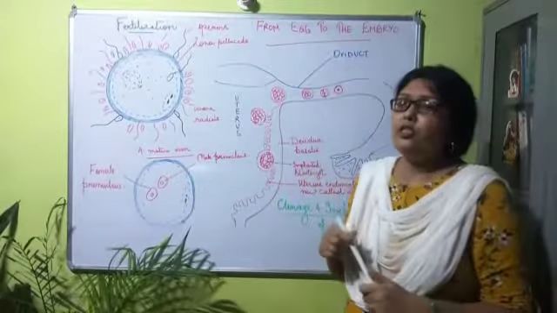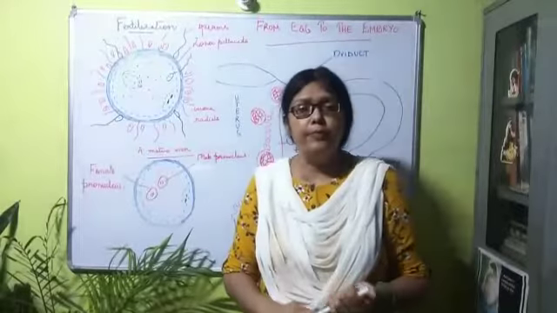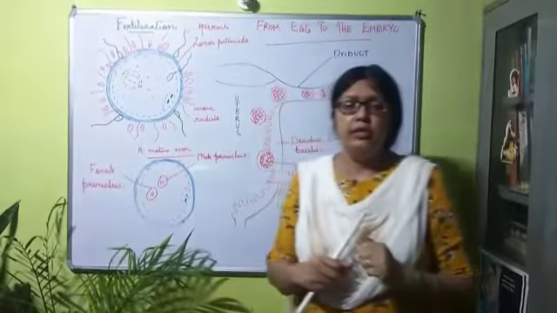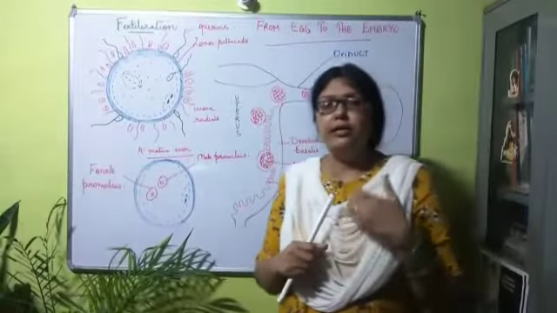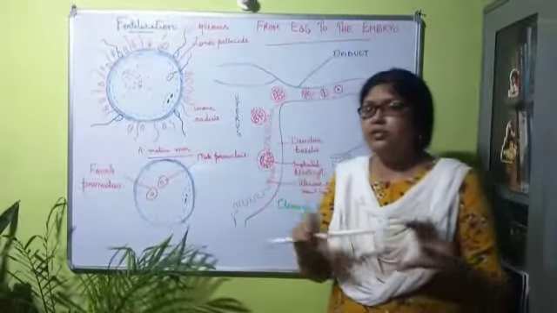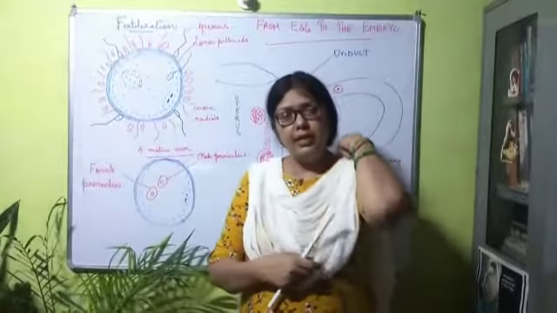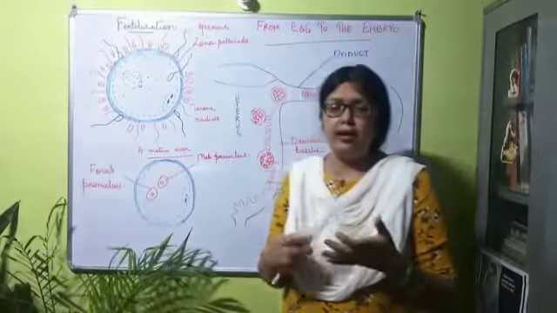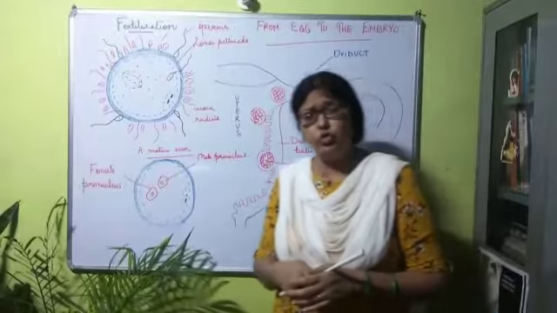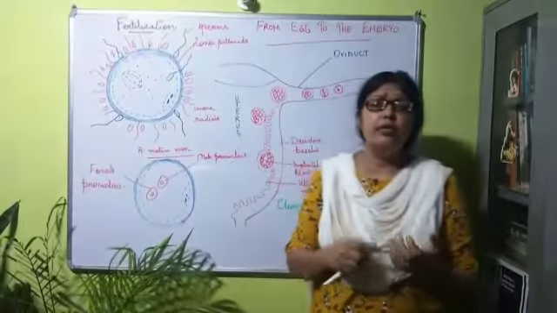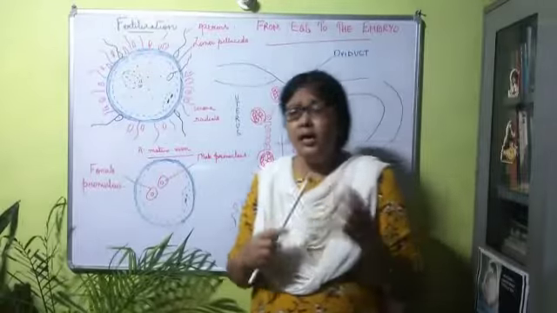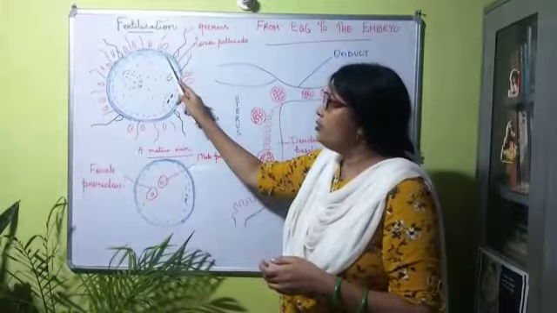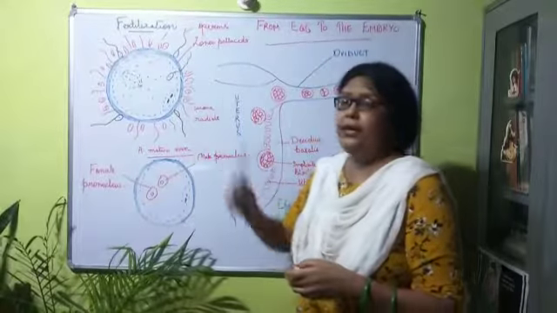Second is that when the sperm is just about to reach the ovum, the membrane of the head that covers the acrosome is lost, and this exposes the contents of the acrosome. We've studied the structure of the sperm. So what happens in the second step? The membrane covering the head is lost and exposes the acrosome or the contents of the acrosome, that is the enzyme hyaluronidase. Hyaluronidase enzyme now pushes the corona radiata cells as well as it dissolves the zona pellucida